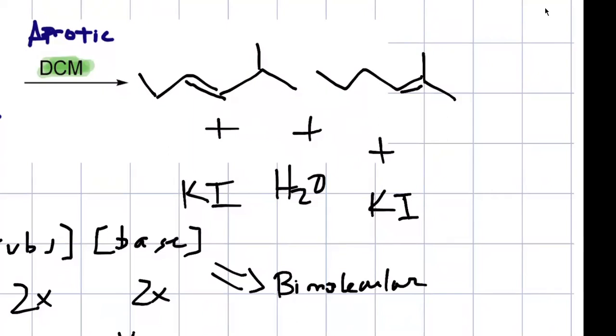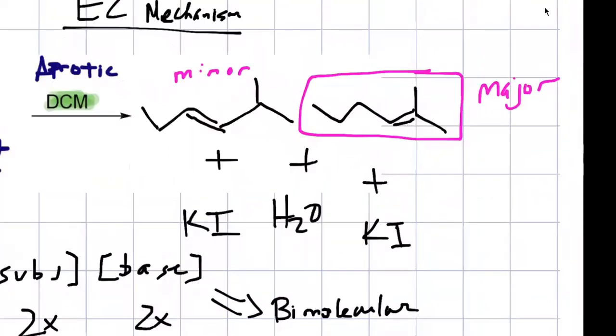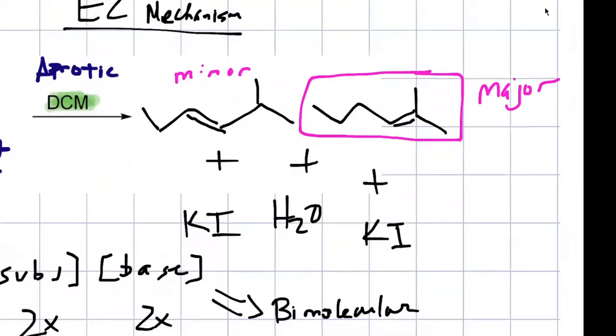right? So this would be my major product. And then the other product would be my minor product. All right. So this follows Zaitsev's rule, which tells me that the more substituted alkene is going to be the major product,